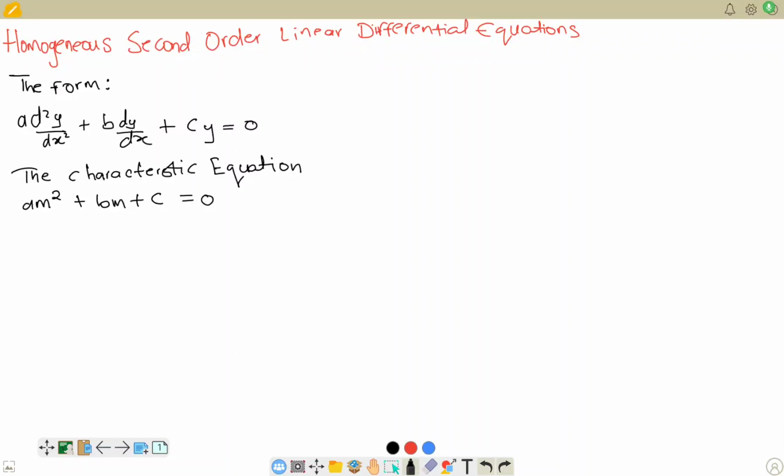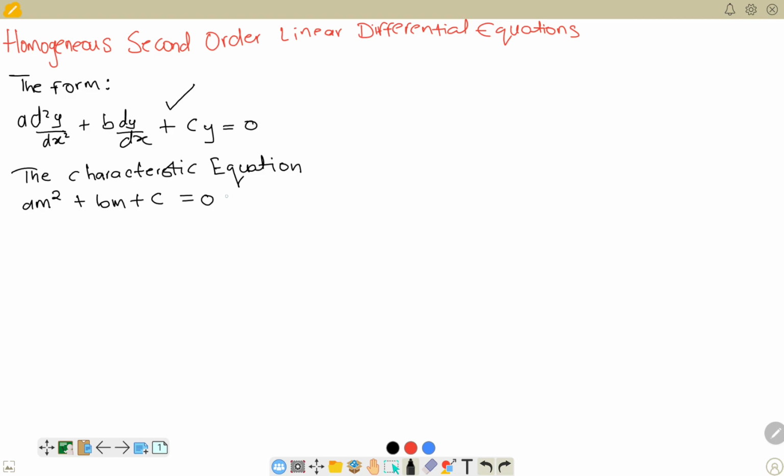And welcome. In today's lesson, we're going to look at homogeneous second order linear differential equations. So this is the form of this type of differential equation. So what you need to do if you are given this type of differential equation and you need to solve,